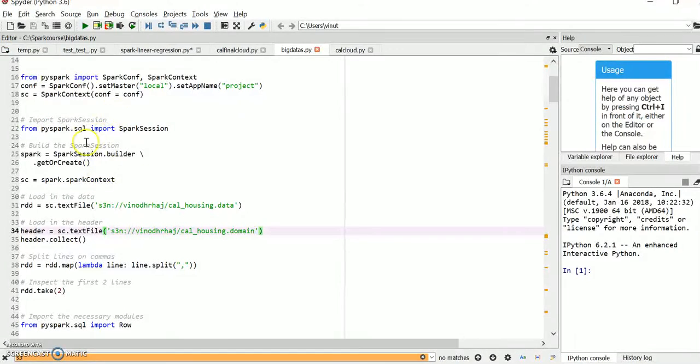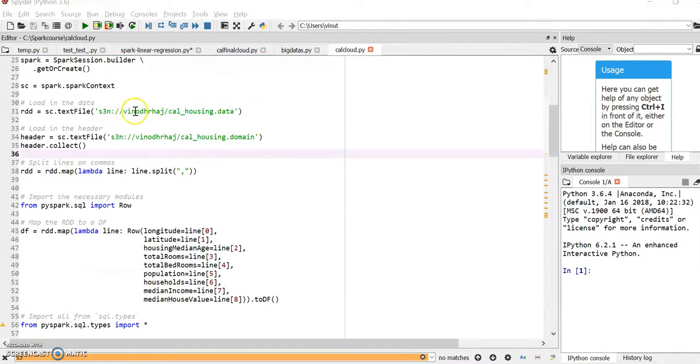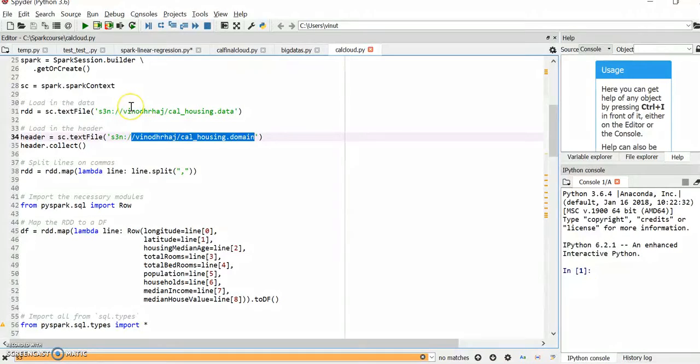In this code, if we see, we have the S3 location provided in our code, so that the data itself is picked from the cloud, and the analytics is done on top of the cloud cluster with the EMR, and then it provides us the results.